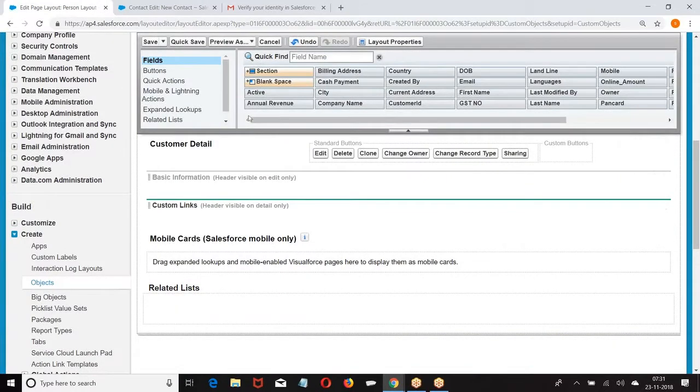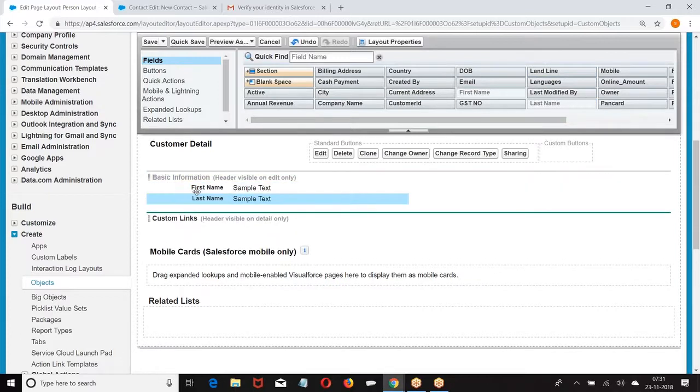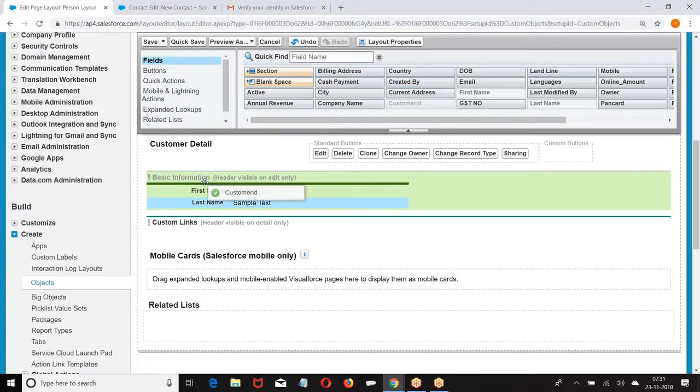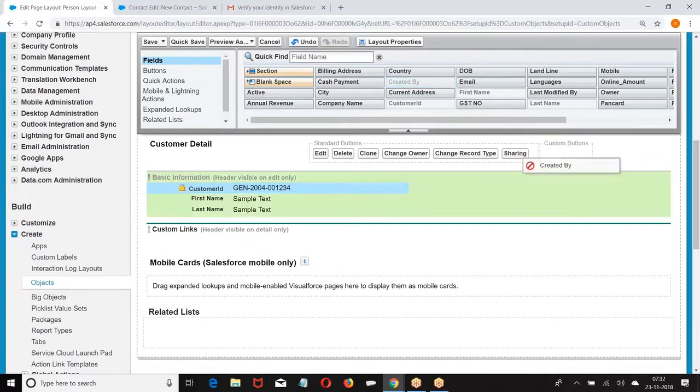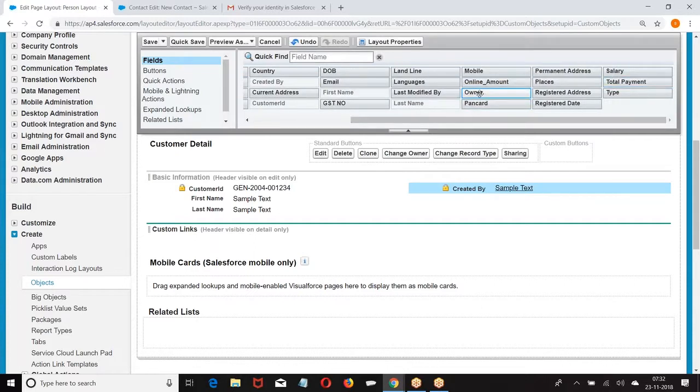Then, next, under the basic information, what fields do you want to display? Because it's a person, I want to display first name. I created fields which will take company data, and I created fields which will take person data. Now, because it's a person layout, I'm creating first name, last name, then we had a customer ID. Then we have owner.